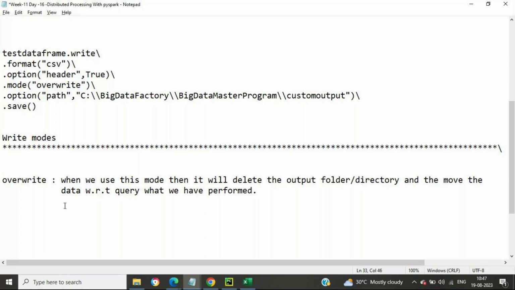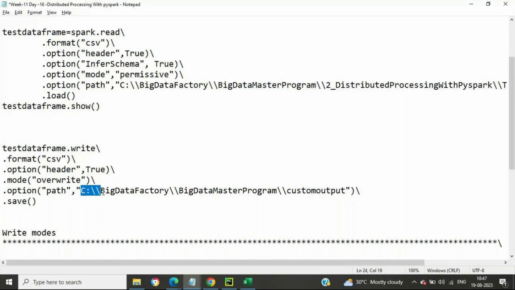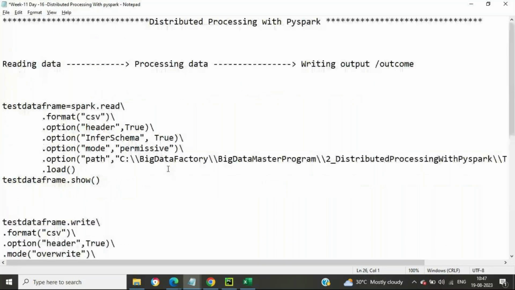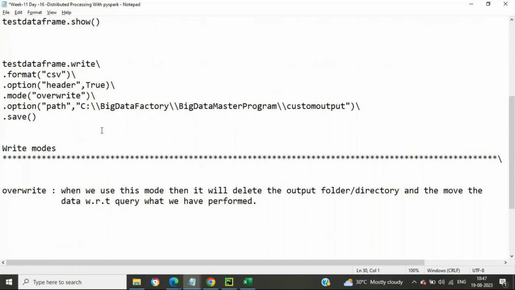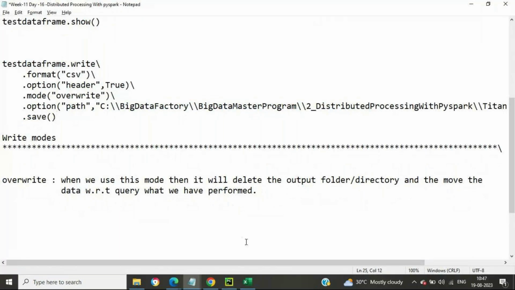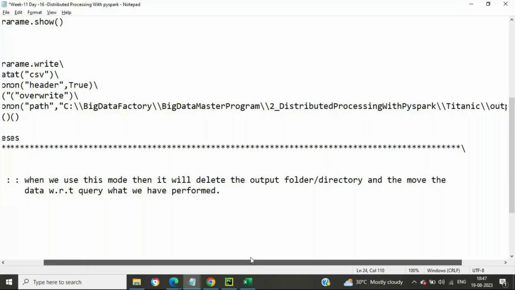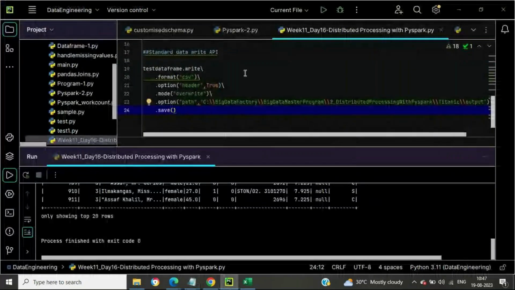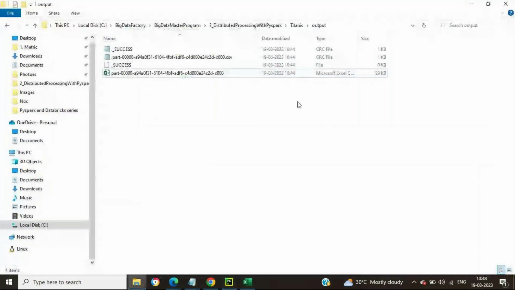So over here we are writing this particular data frame onto this location. This is the location. We are writing the test data frame onto this location, Titanic and output. We are able to get the outcome, and we have utilized overwrite mode. Let me try to do the execution once again. Okay, I have executed this file once again. Previously it was executed at 10:44. Now,